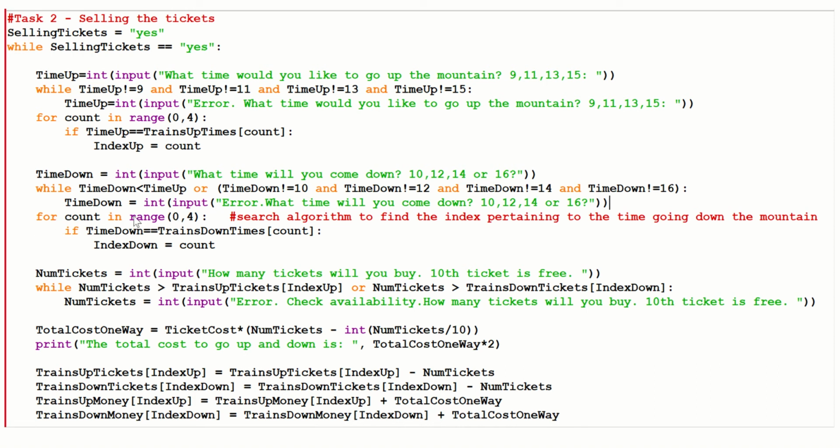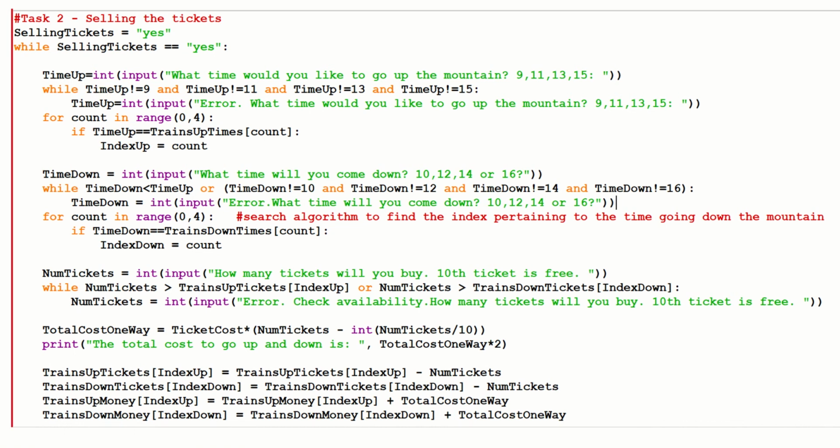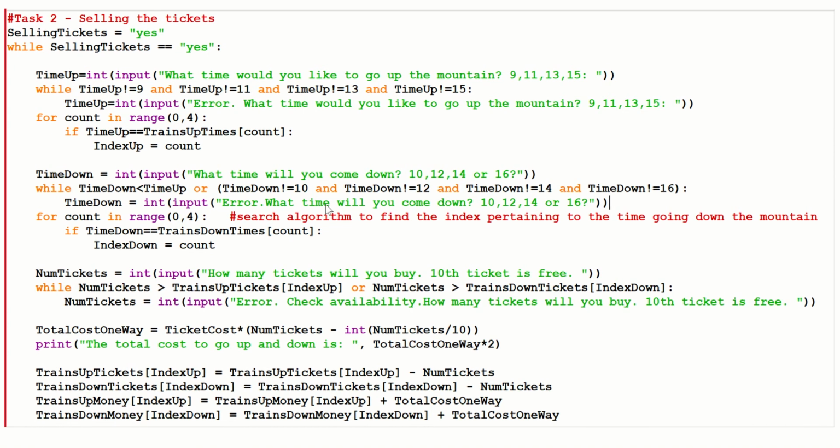So it would also check the position of the time down. If time down, let's say we entered 16, it would repeat 4 times. First, in the array position 0 would be 10. If 16 equals 10, no, and then it would just do it again. Count equals 1 now instead of 0. Position 1 is 12, no. 14 is position 2. It starts with 0, 1, 2, so no. And when it equals 16, then we go down, index down equals count, and 16 equals 16,